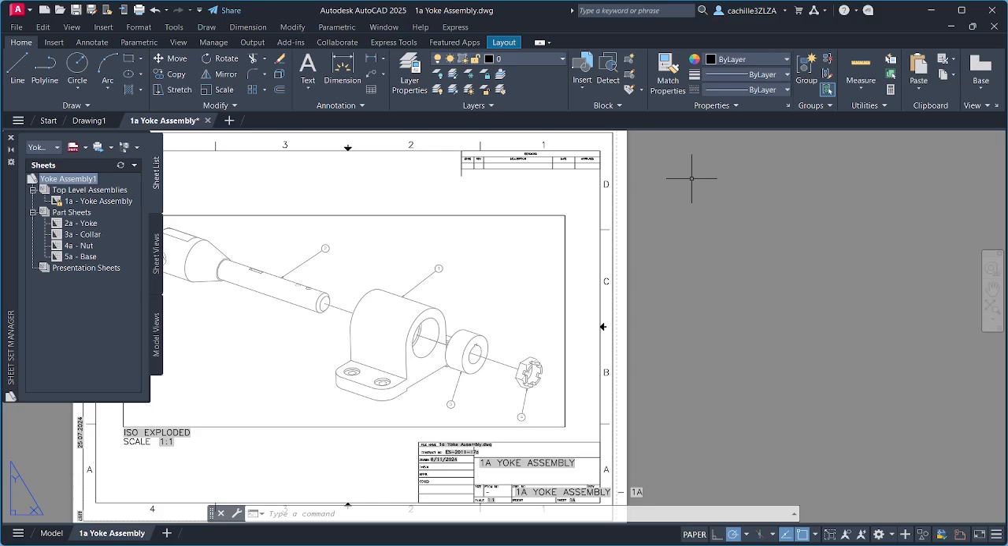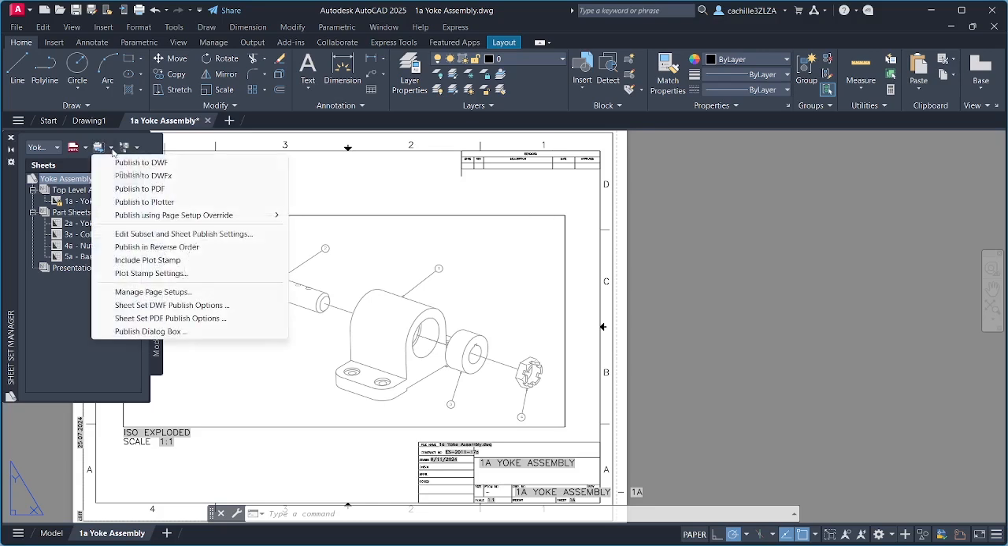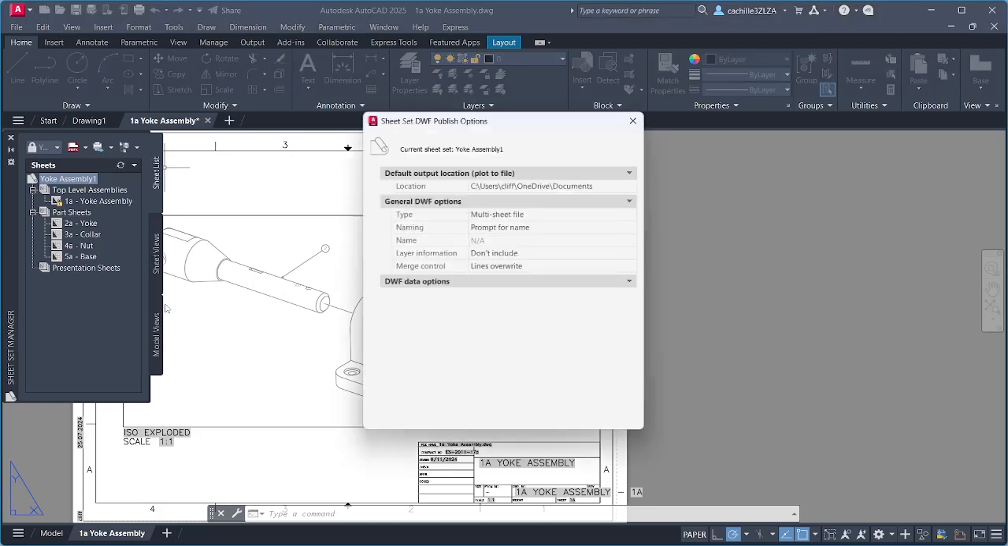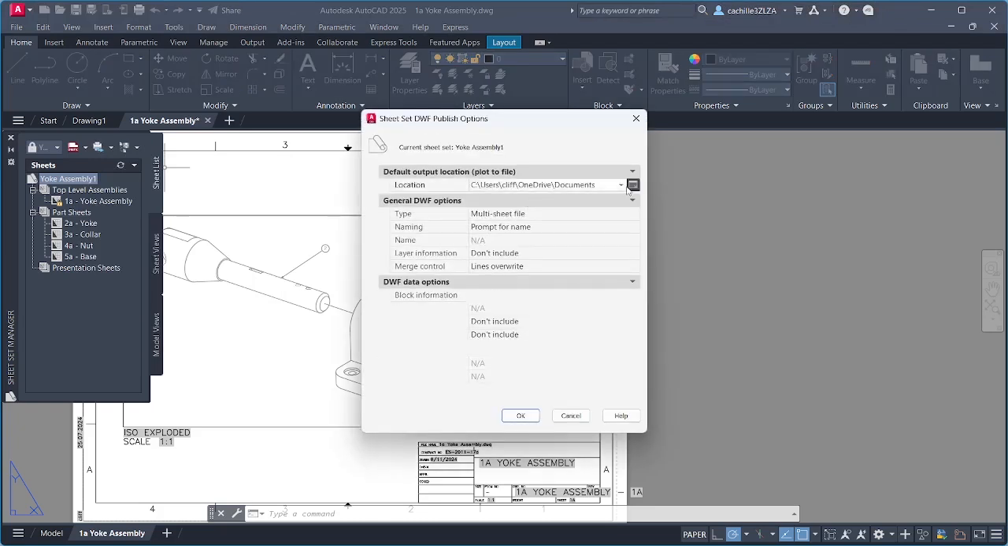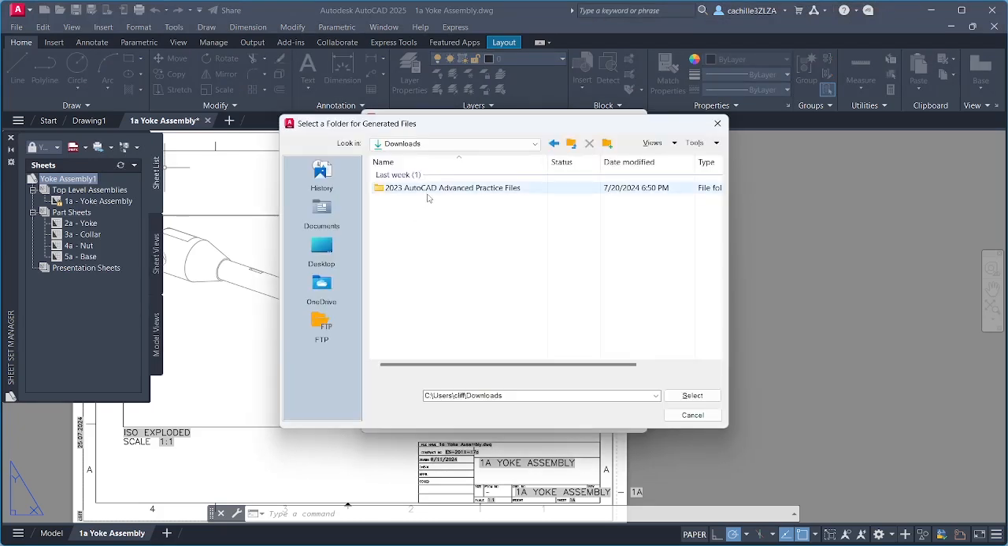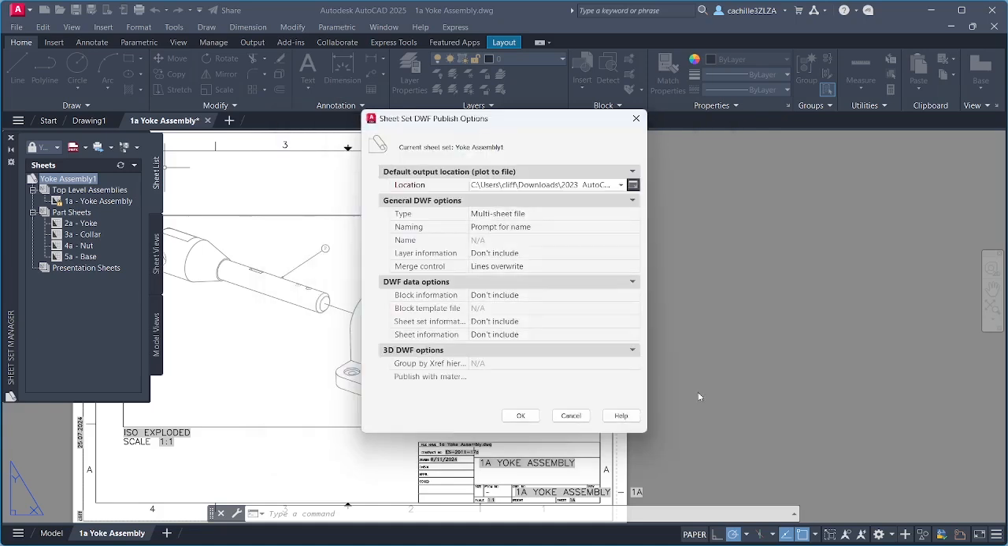In the Sheet Set Manager, expand Publish and select Sheet Set DWF Publish Options. Change the default option location to the Practice File folder. In the General DWF Options area, set the following. For the type,